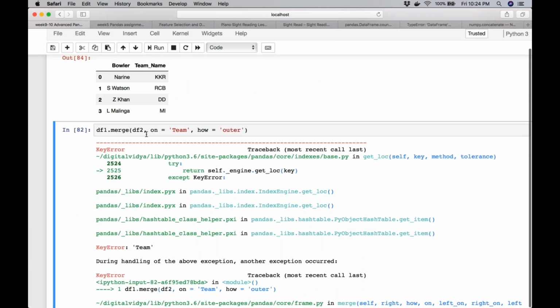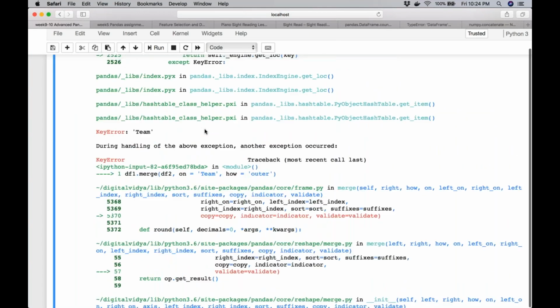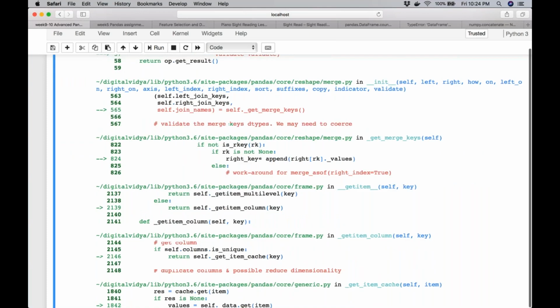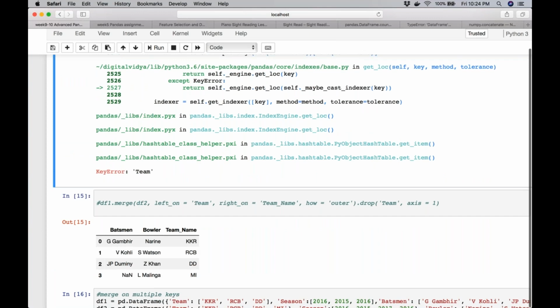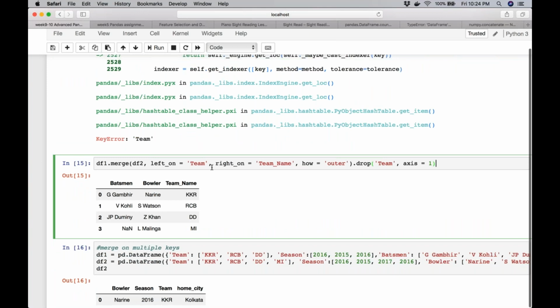So now in such a case, what do you do? These are the two parameters that we've talked about in merge so far: we have used on and how. Now we're going to talk about the next parameter to handle this kind of scenario. You have two different data frames. Obviously, you cannot put a condition that the column names for both need to be the same, and you may not even have control of changing the column name. So in that case, all you need to do is tell pandas that these are my identifier columns. You can do that using the parameters left_on and right_on.